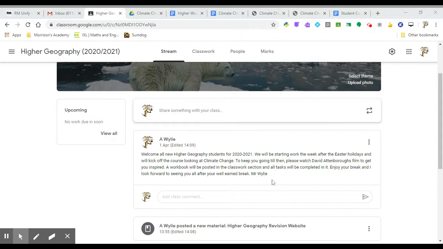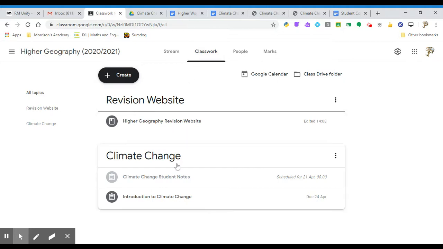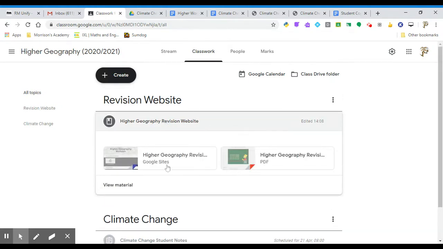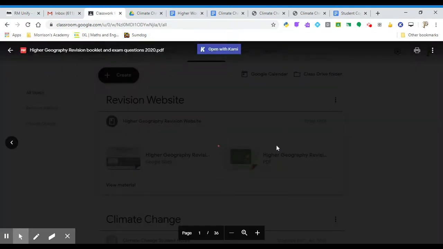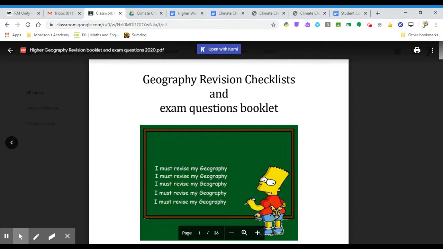Now, the course structure, as I promised, if we go into the classwork section, you'll be able to see that I put some resources into here, and you've got a resource called Revision website. If we just click into there, you can see the Higher Geography Revision website, which is very similar to the National 5, and I'll have a look at that in a minute, as well as the Higher Geography Revision booklet. So if you want to pause this and click that open, it's up to you. Otherwise, I'm just going to click it open right now and give you a little talk through the higher course